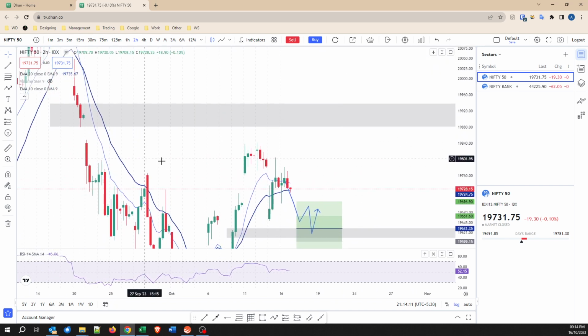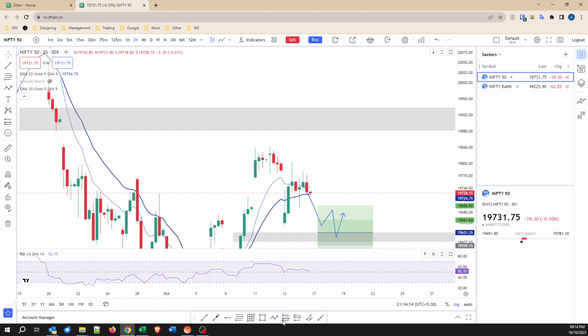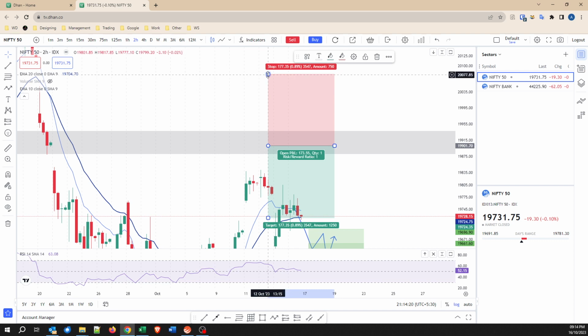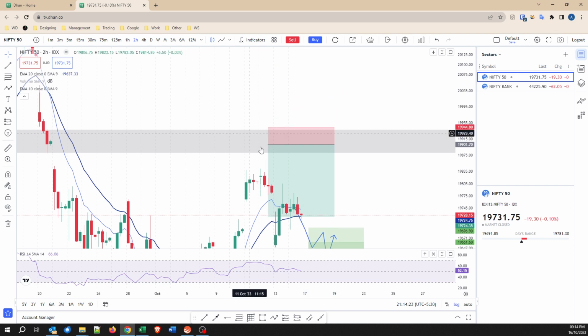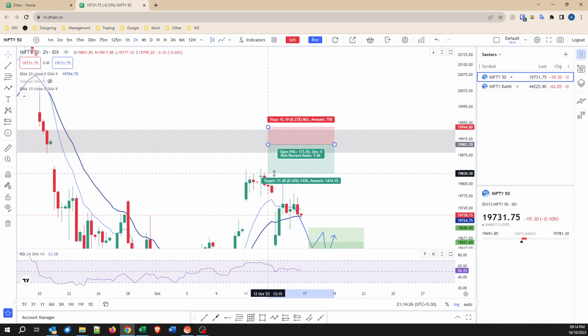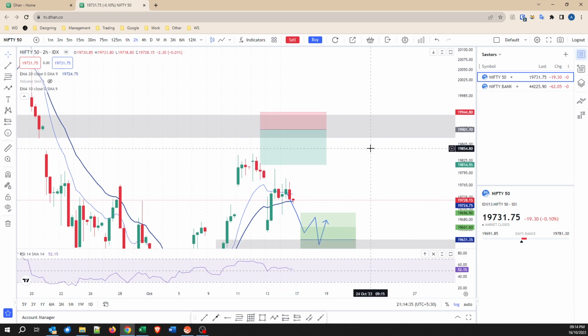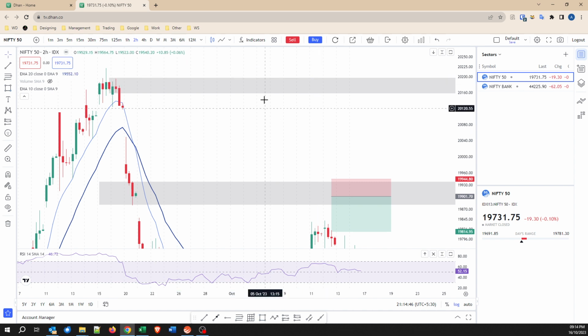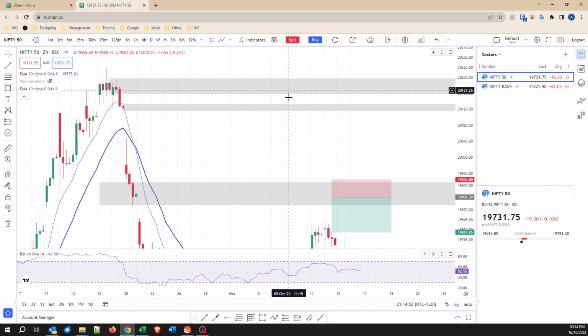In case of supply zone, here I'm thinking something on these lines. I will enter, I will have my stop loss somewhere above this, and target, since on the daily, 2 hour and 4 hour time frames we are quite bullish, 1:2 should be a good target. 1:2 is the main target. So this is my plan, and with that I also plan to trade this zone. I have one upper zone here and another lower zone here. So we can target these two zones.